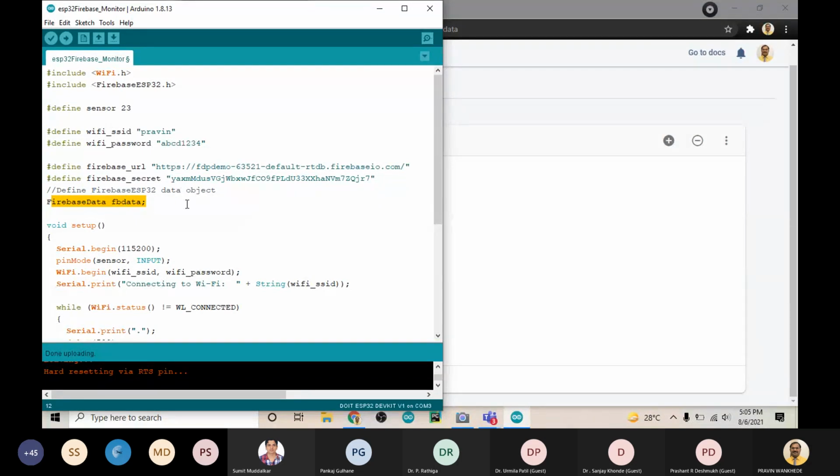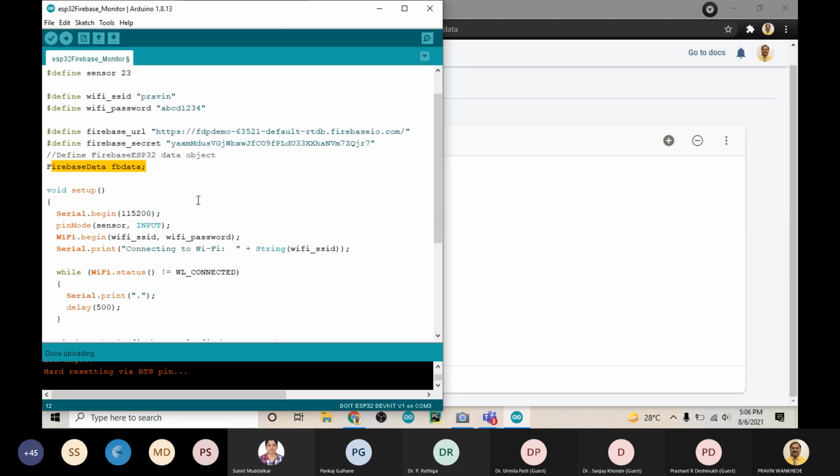Only now, in this case, for the controlling, we are reading the data from the Firebase. So when we read the data from the Firebase, we get the data in the form of JSON. JSON is one of the types of sending data between server and client. So what we have to do is decode that data: where the field is, where the key is, where the value is. All these things we have to decode, and for that purpose we now have to use the JSON library.